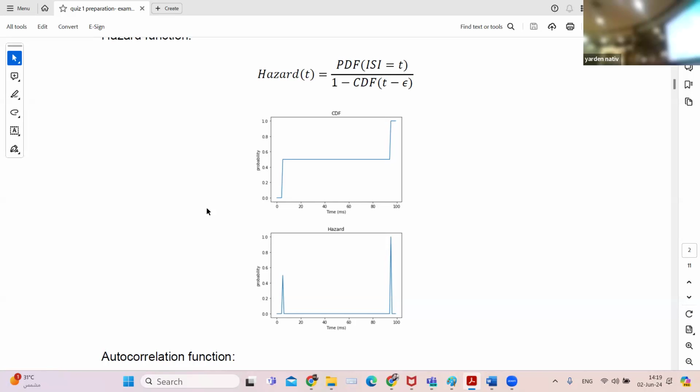But isn't it 1 minus CDF? Right, but in the CDF, we don't take the exact number at this current time, but the one just right before, okay? And this is due to quantization of the data. Also, when you do the project, don't take the current number, take the one before, okay? And here, so this is 5, and then in 95, again, I'll do the PDF.